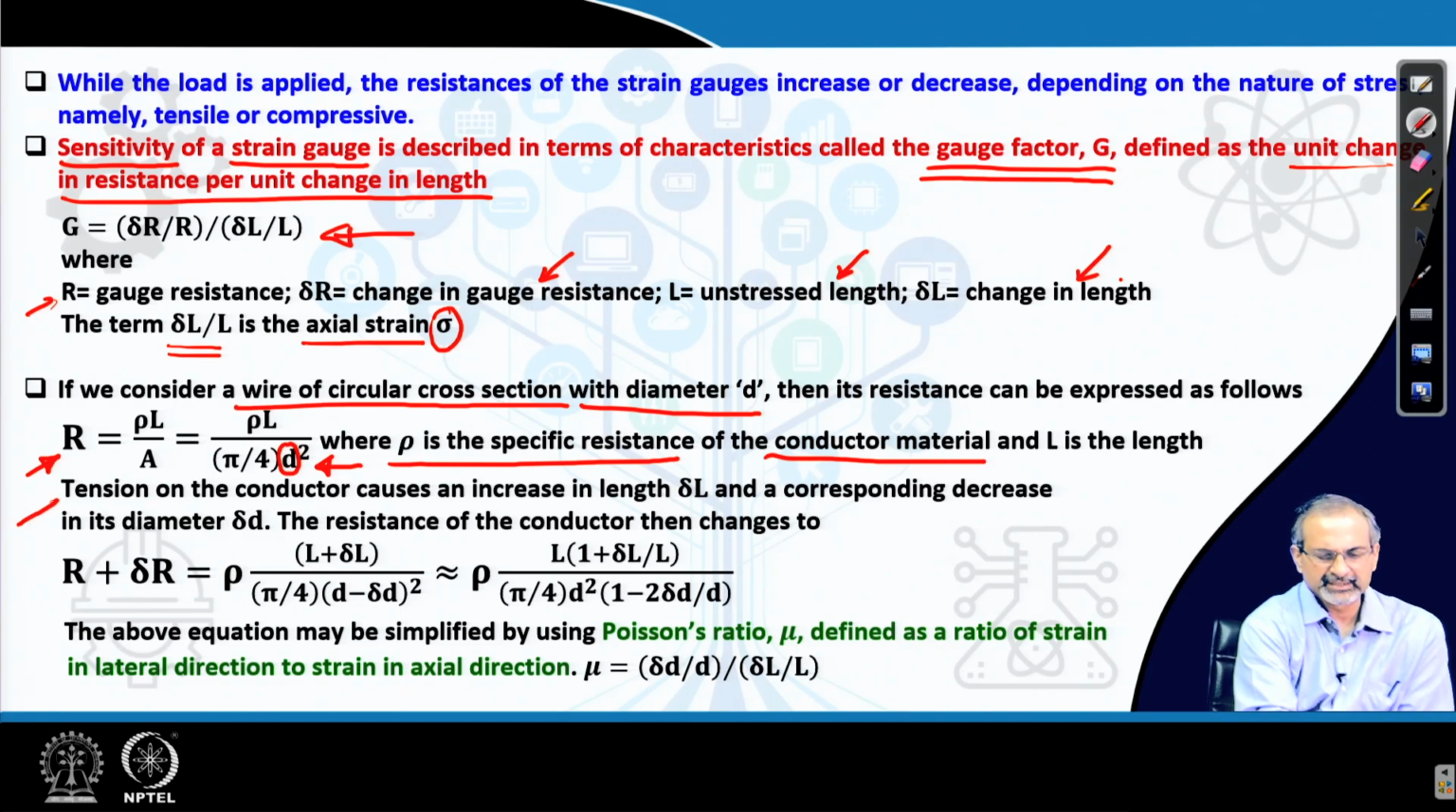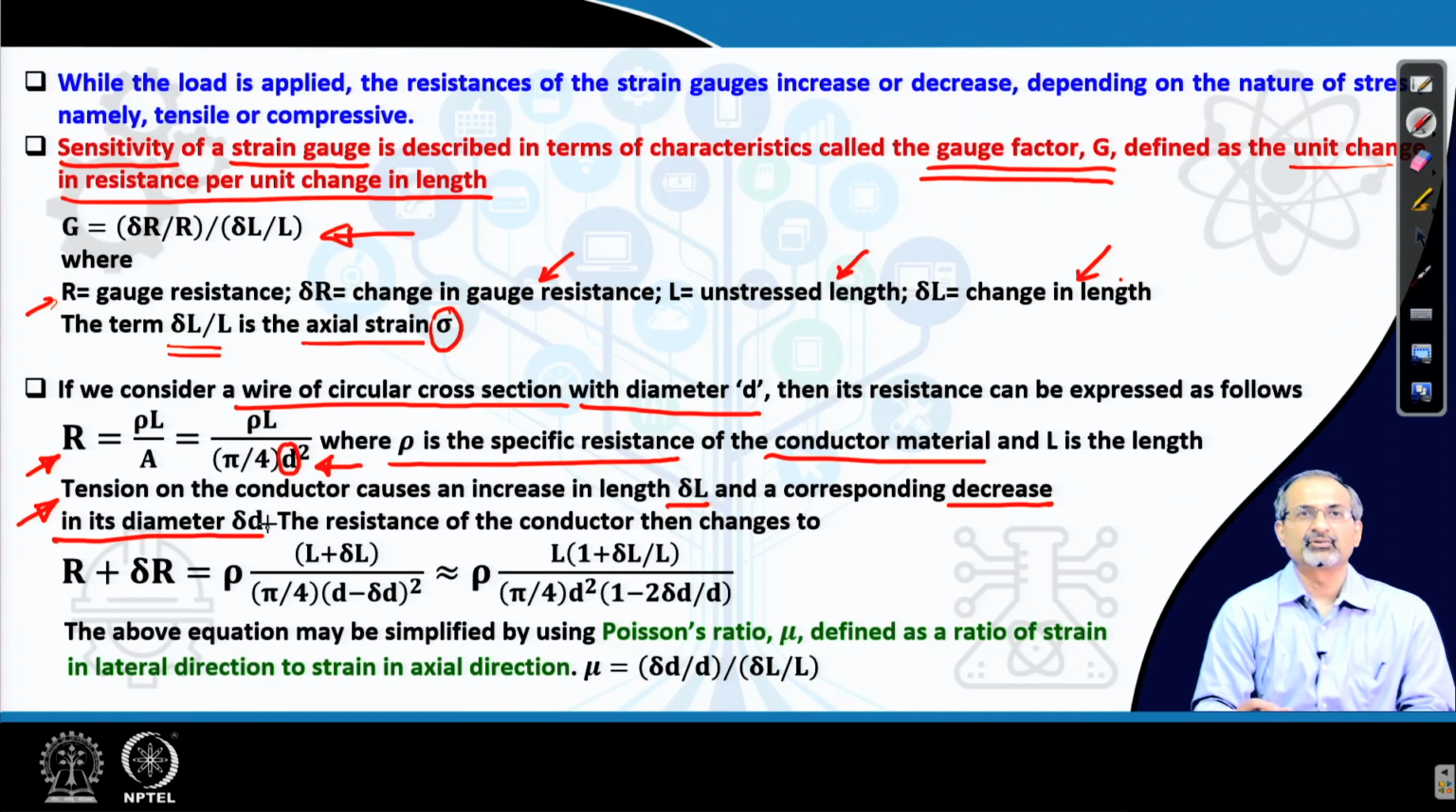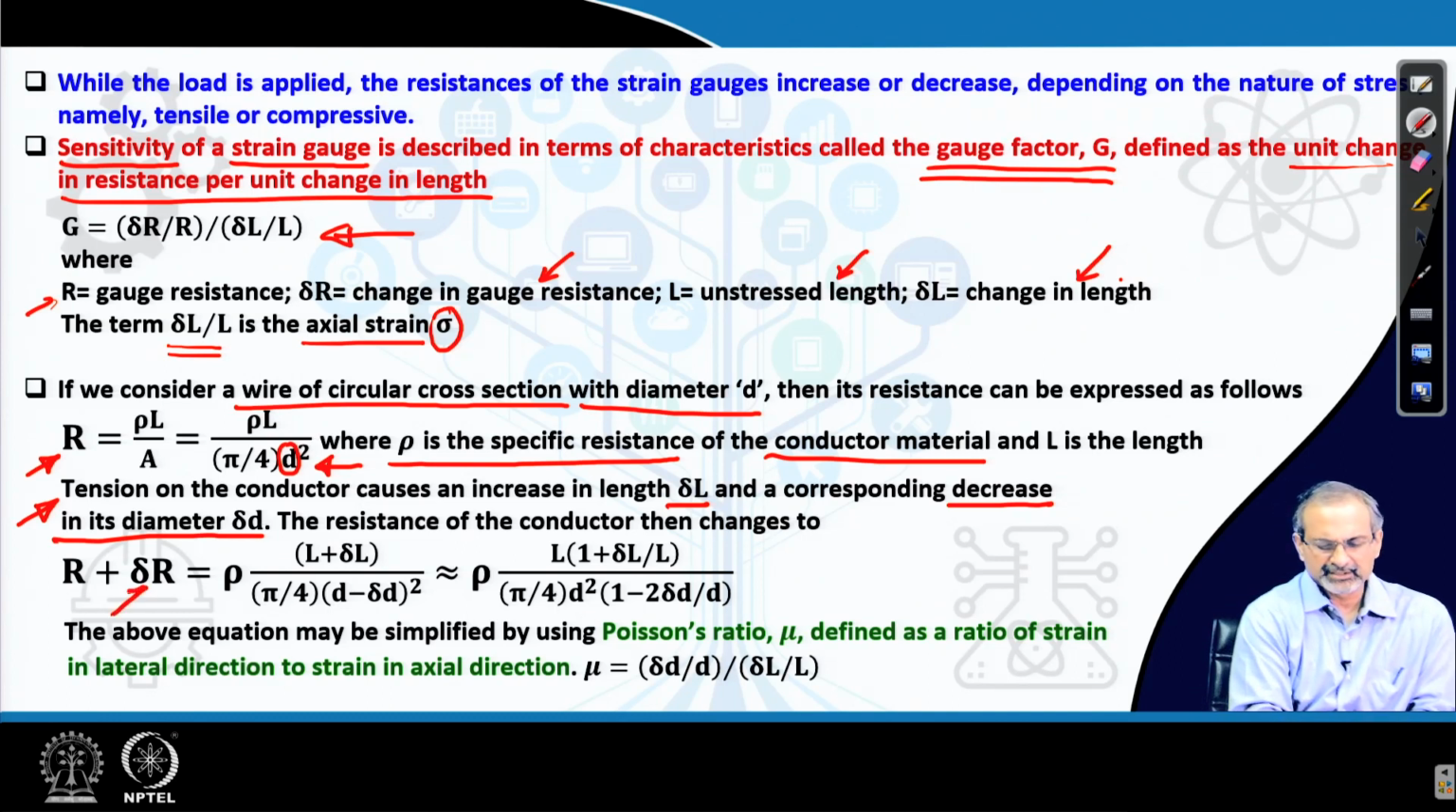Now, we are subjecting it to some tension. Consequently, there is a change in length delta L, and there is a consequent decrease in its diameter, because it is elongating. The volume of the wire anyway remains conserved, therefore, the diameter has to reduce. This is the change in resistance. So, there is a change in length, there is a change in diameter, increase in length, corresponding decrease in diameter,